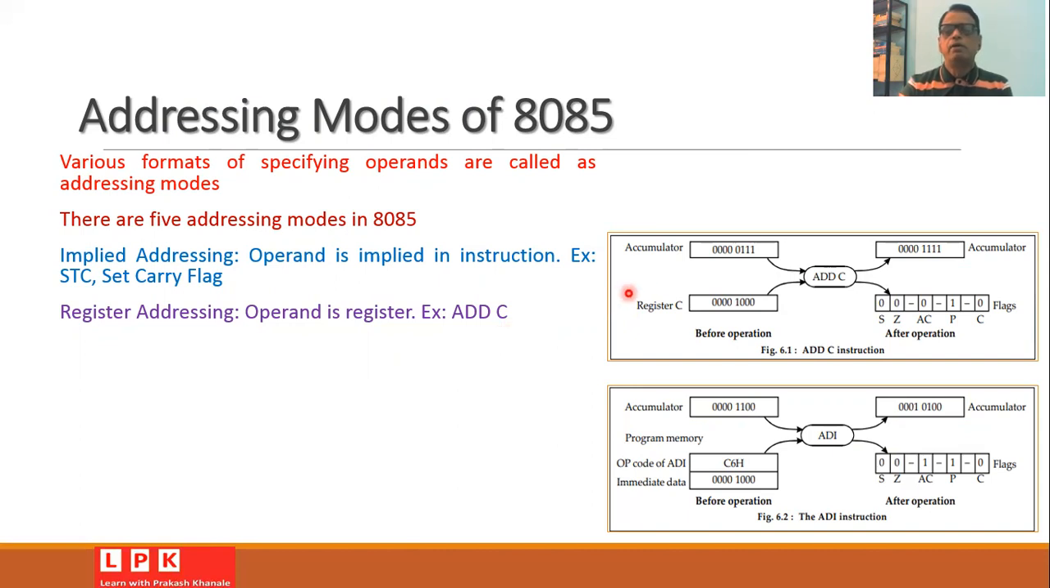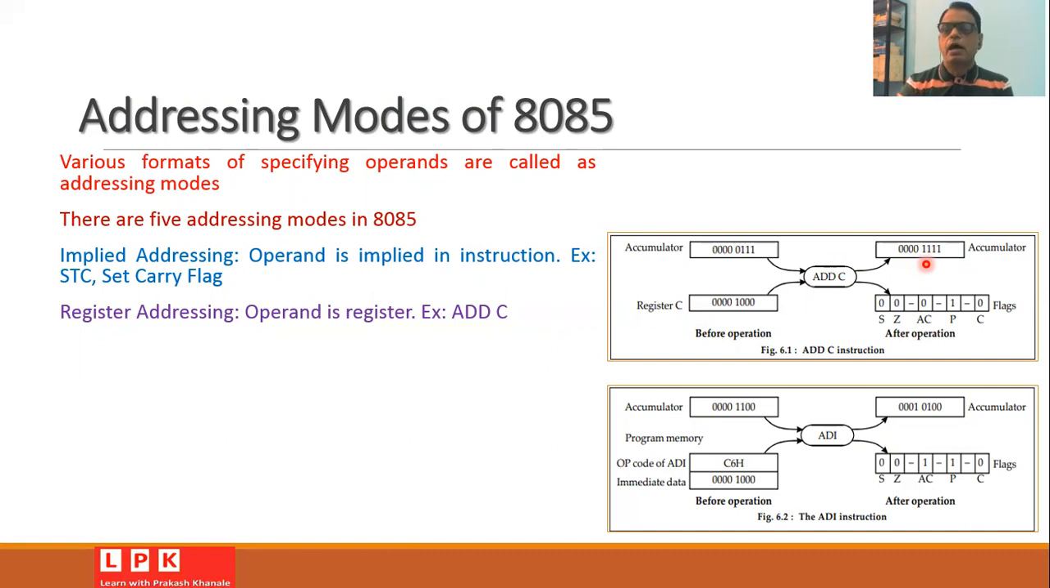So say for example, suppose we have an accumulator whose content is 00000111, because it is an 8-bit register, and suppose the register C has the content 00001000. Whenever we use this instruction, ADD C, the content of C will get added into the content of the accumulator, and the content of the accumulator will be modified as